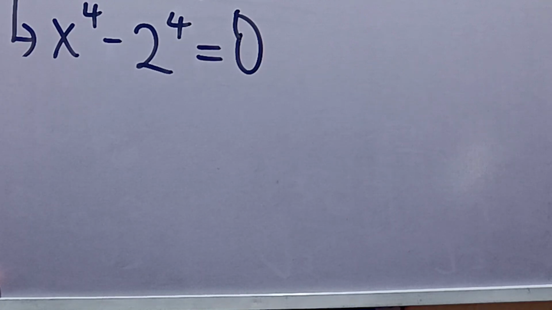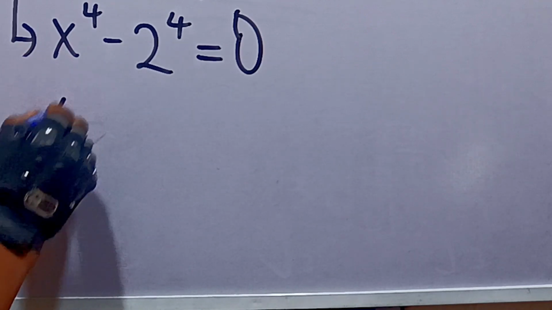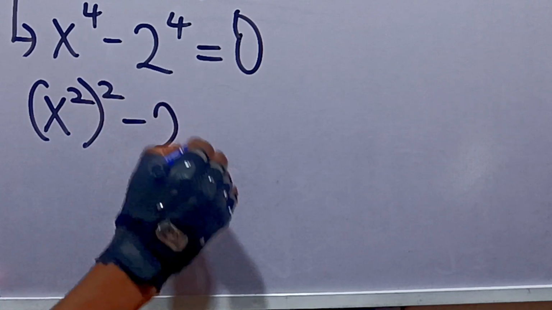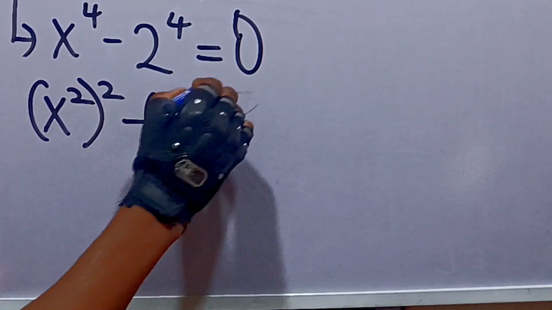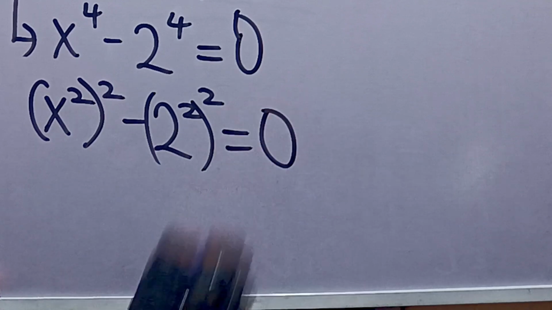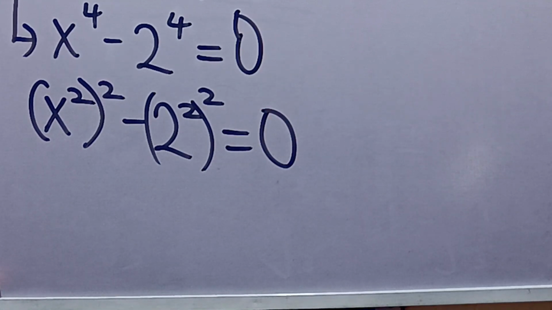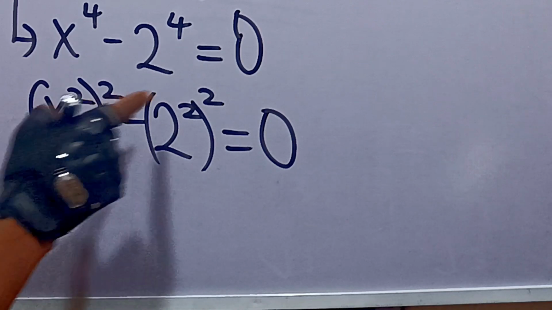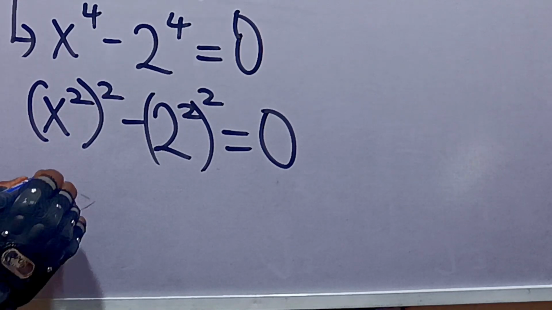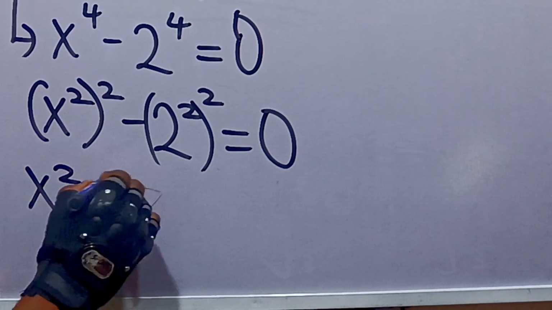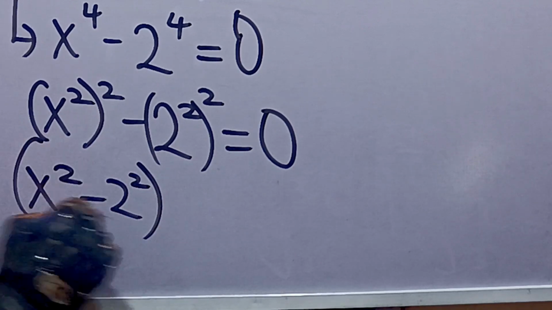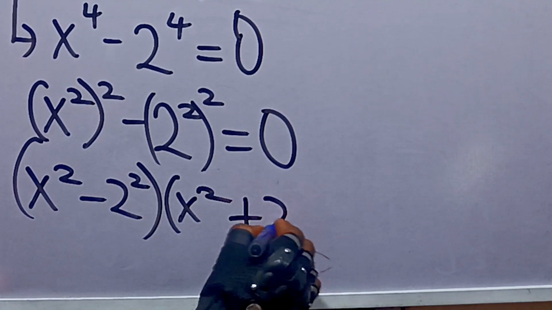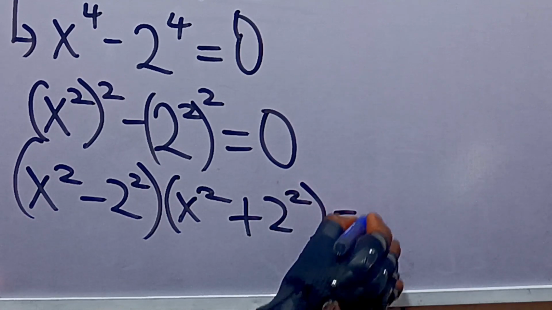Now, from here we can also say that this is x squared raised to the power of 2 minus 2 squared raised to the power of 2 to be equal to 0. Okay, now from here you can see that this is difference of 2 squares. So this being difference of 2 squares, you're going to have that this is x squared minus 2 squared multiplied by x squared plus 2 squared is equal to 0. Okay,